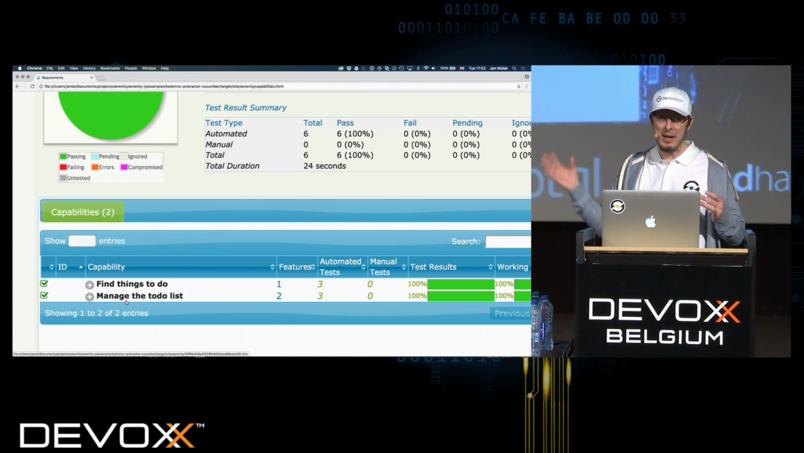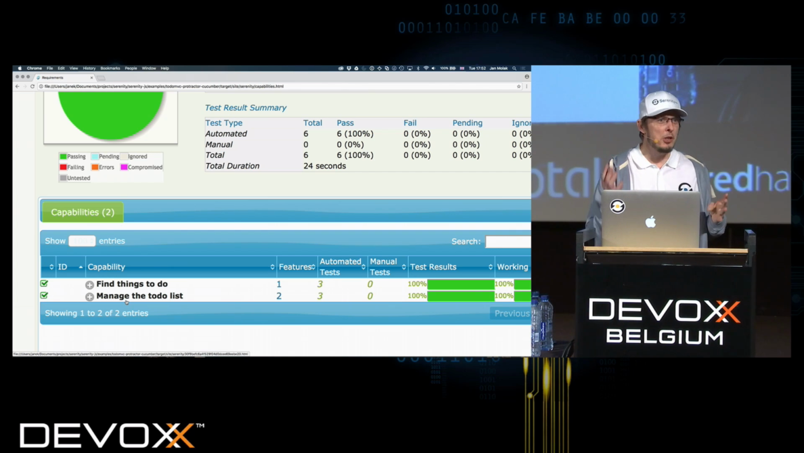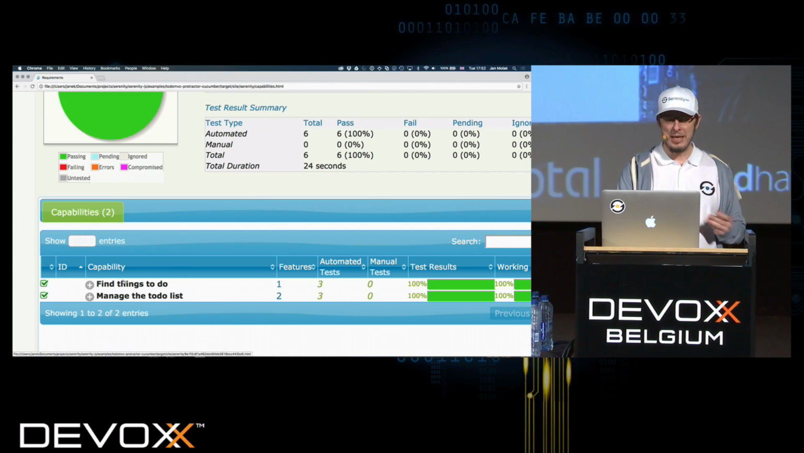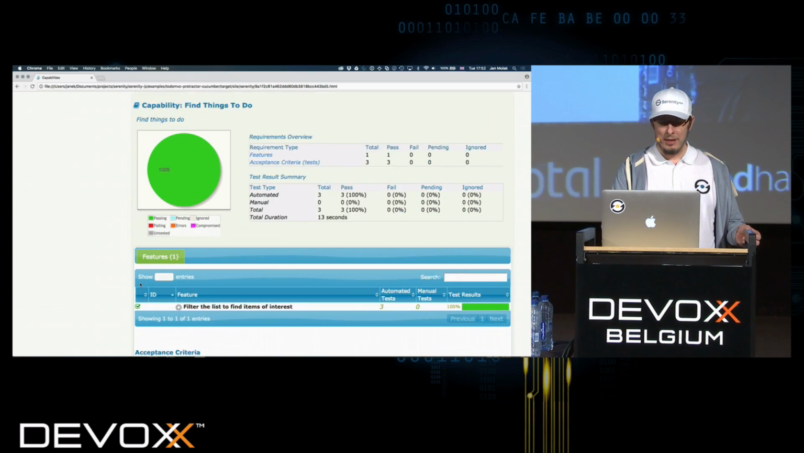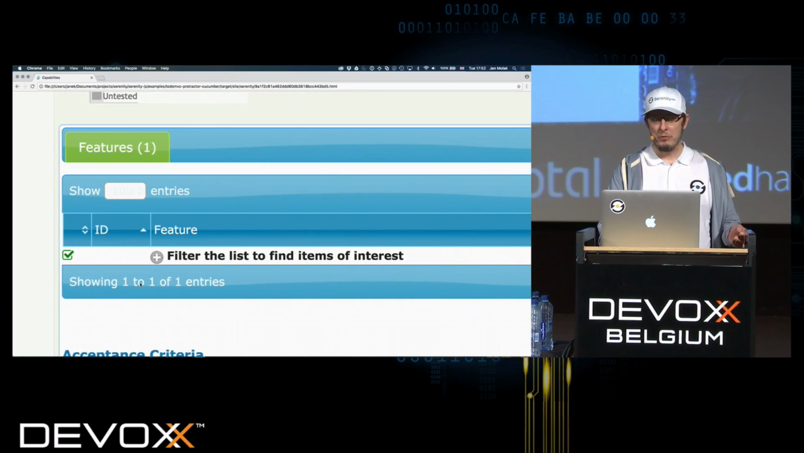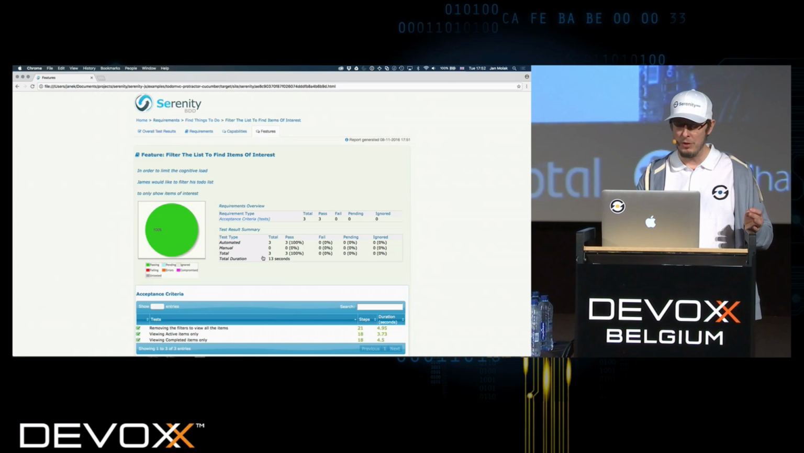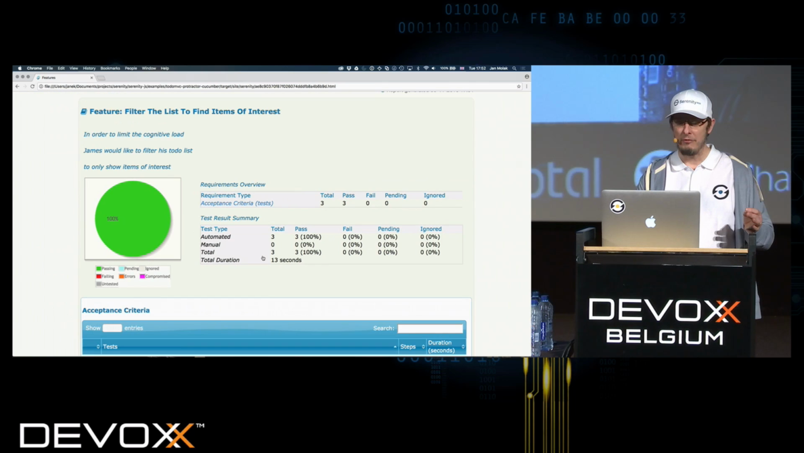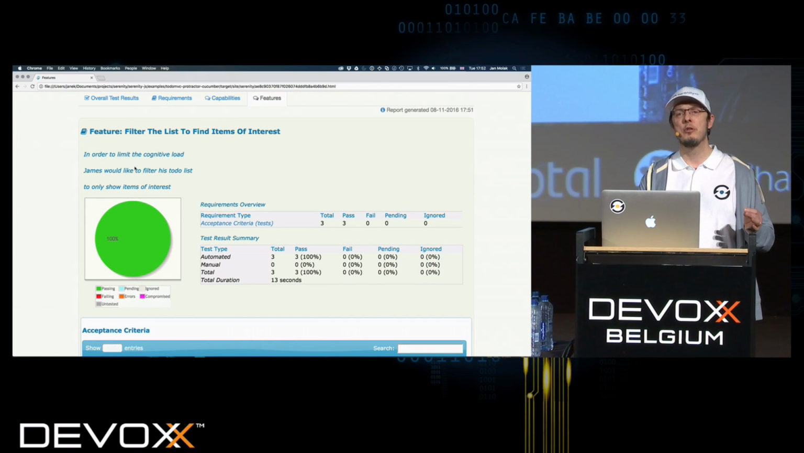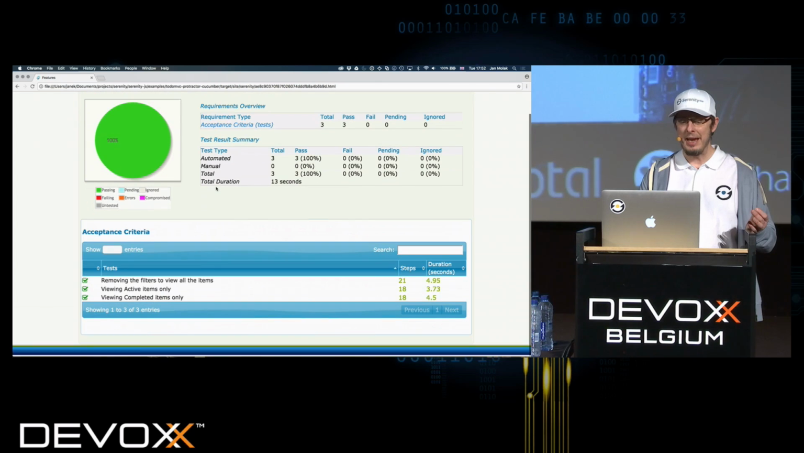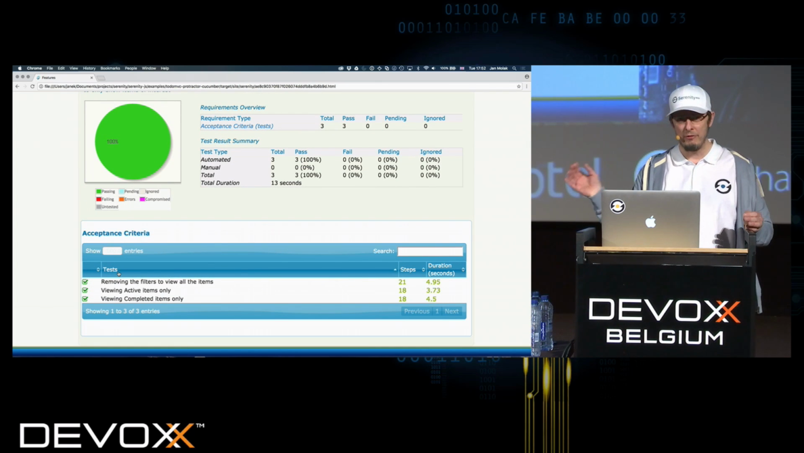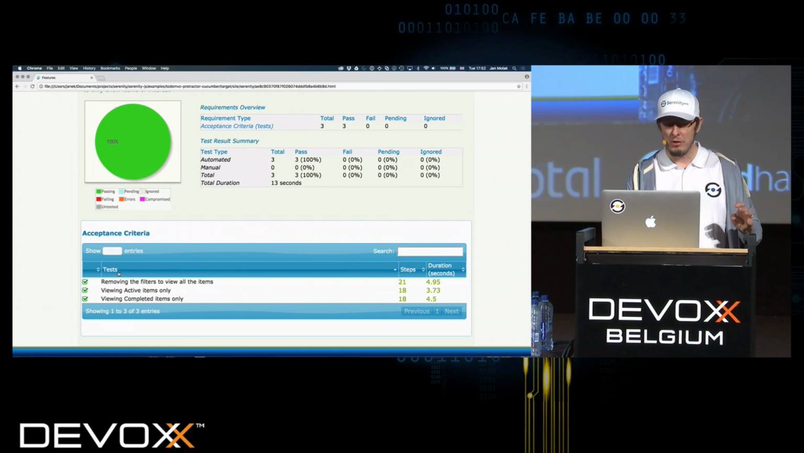You have a number of tests which collectively can build confidence in whether your features are ready to go to production. And that's what we're doing here. So we've got the find things to do capability, and that is made up of one feature, filter the list. So in a bigger application, you probably have more. And then inside that particular feature, we have what we saw in the Cucumber file in order to limit cognitive load and so forth. And we have a number of acceptance criteria for that feature which map to your acceptance